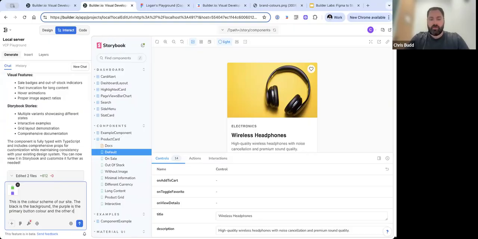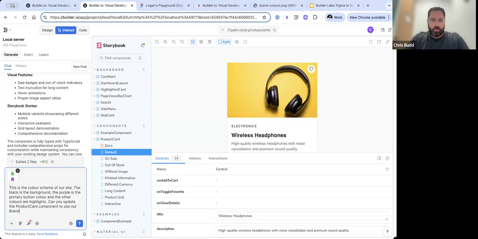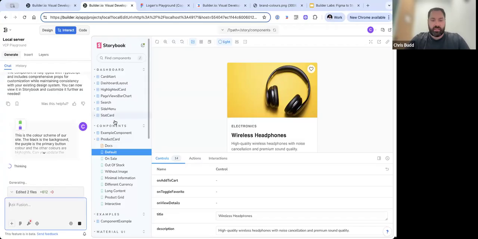And the other colors are highlights. Can you update the product card component to use our brand colors? So I could also say, can you update all of our components to use our new